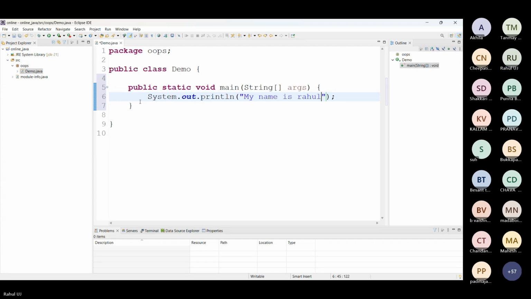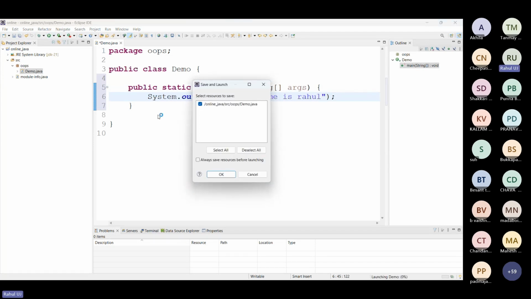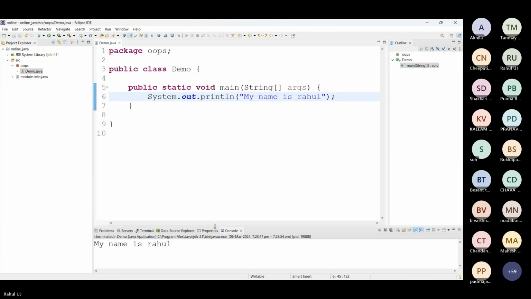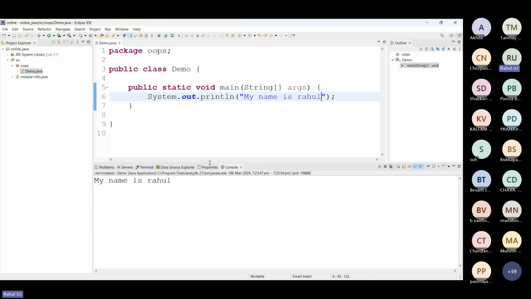For an IDE, you don't need a separate command prompt for your outputs. If you click on this green button, it will directly execute your program. I will click on this, and here only you will get your output.